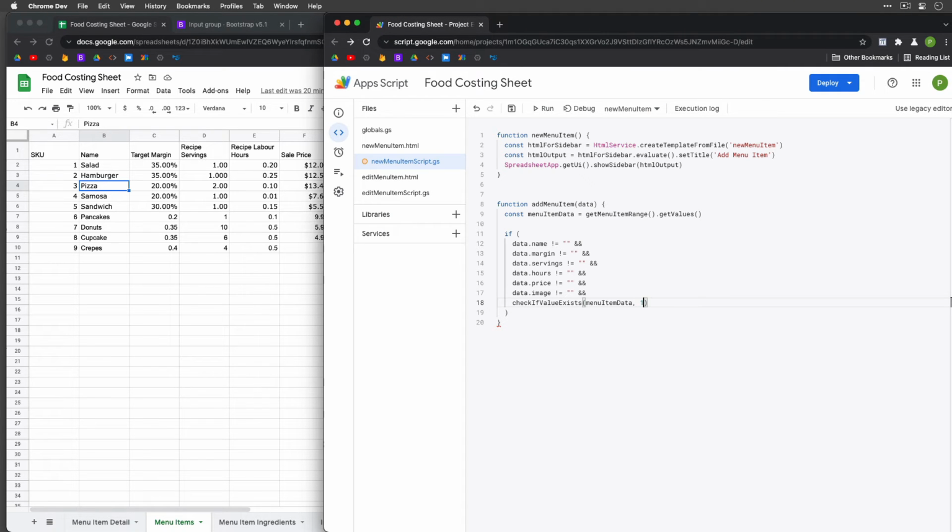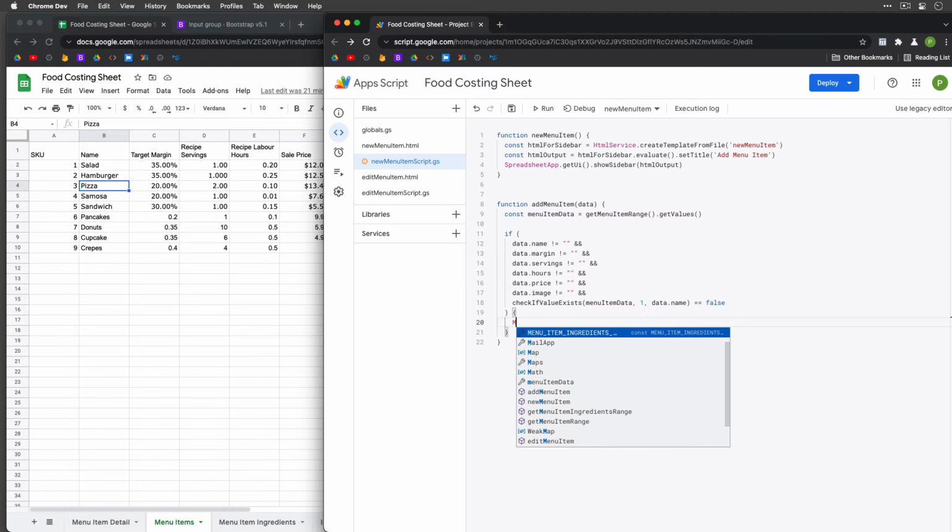So the name will be in the array, it'll be 1. SKU will be 0, name will be 1, and we'll be checking against the data.name. We haven't created this function yet, but it'll be a Boolean. So it will check if the value exists, and it needs to not exist for us to basically carry out this